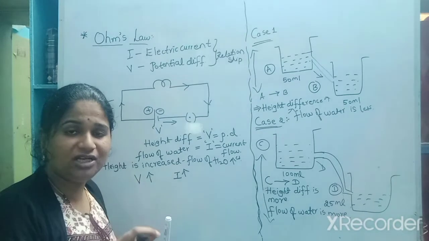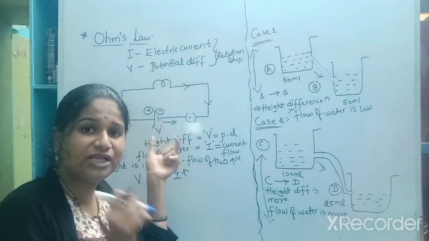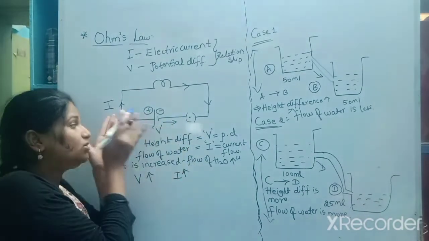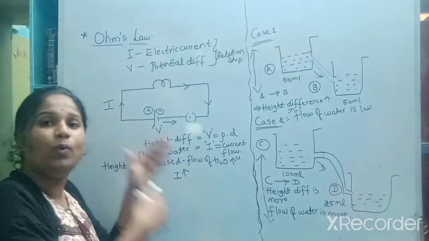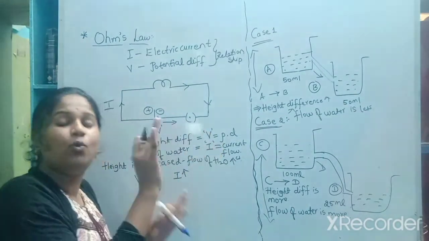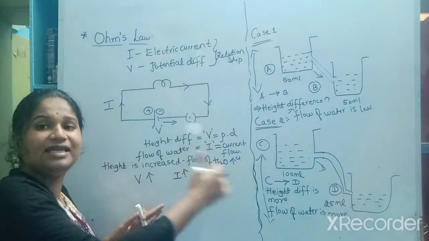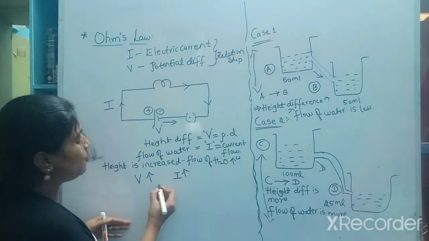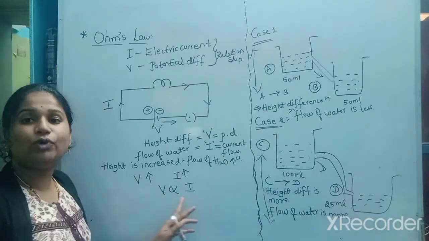We know the potential difference. What is that? Electric charge difference. So how does that electric charge difference occur? Due to the force or energy inside the battery. So when that energy or force increases, the push for the electrons also increases. When this push for the electrons increases, it directly increases the flow of current. So here we can say the potential difference is directly proportional to the flow of current.